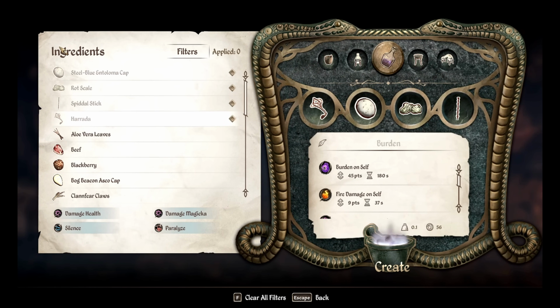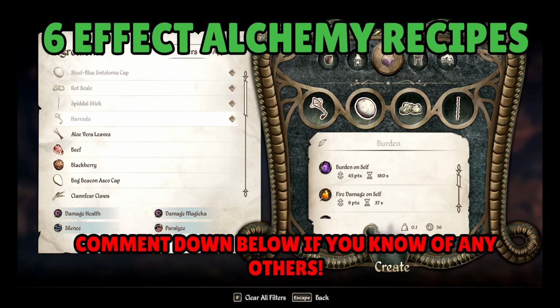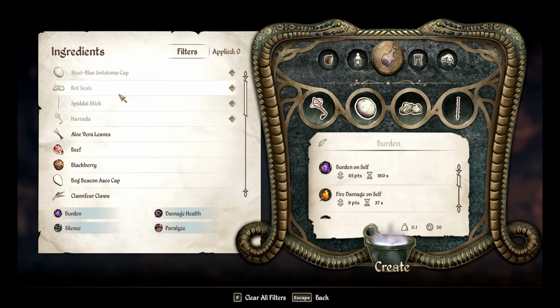Now, there are a handful of recipes I've found that can actually cause 6 effects to happen against your enemies. There are only 2 on this list, and the key difference is the elemental damage being done, but let's get right into them. Starting with this one, the Steel Blue Enthaloma Cap, Rot Scales, Spittle Sticks, and Harada can combine